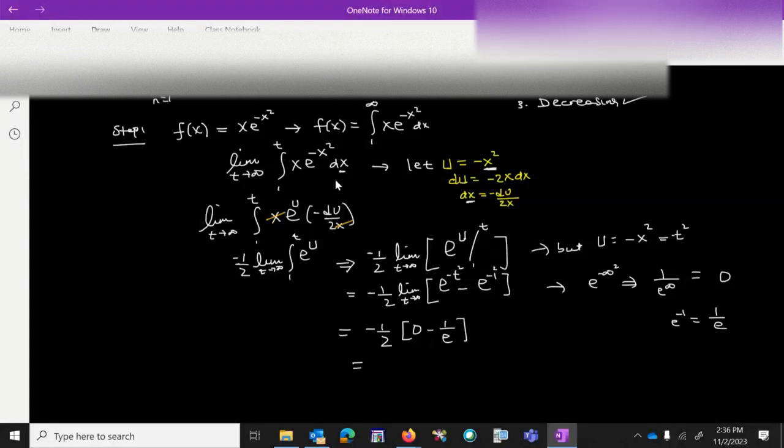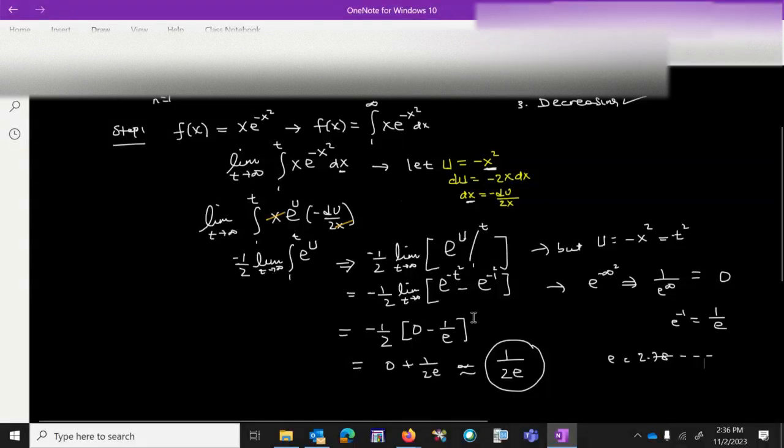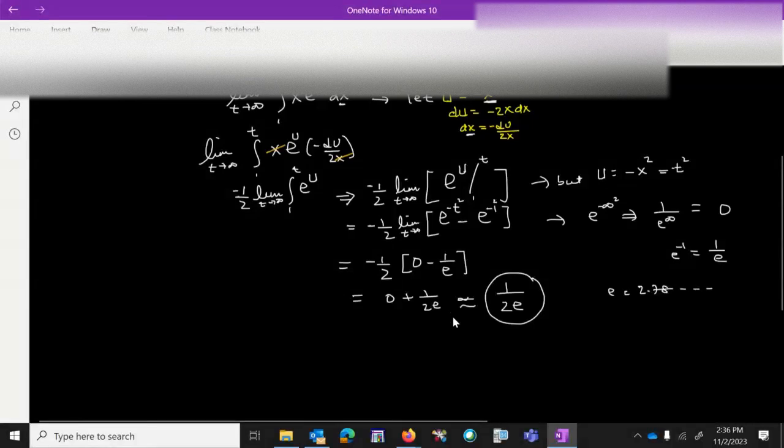So look at that now. Negative 1 over 2 times 0 is 0. Minus minus is going to be plus. 1 over 2 times 1 over e is 1 over 2e. This is a number, because you remember e is a number, approximately 2.718. Simply when you divide and use the calculator, you will get just a number. So that means my series converges. Therefore, I can say the series